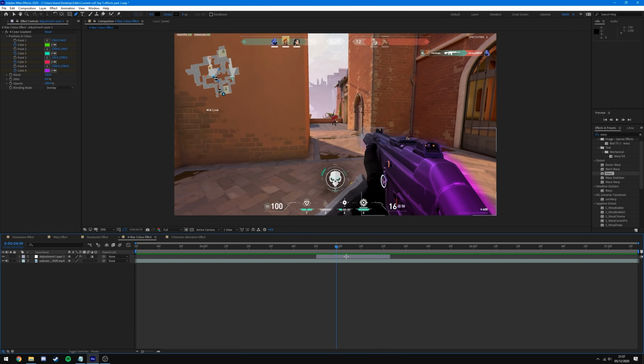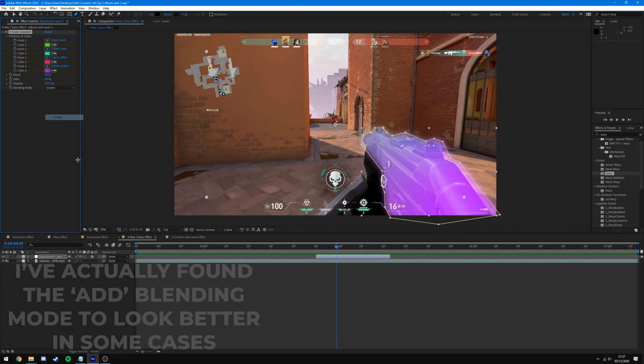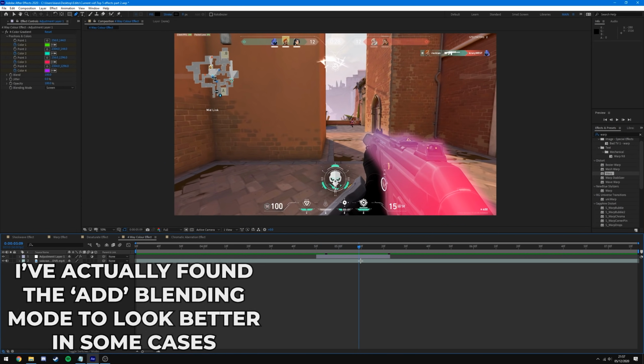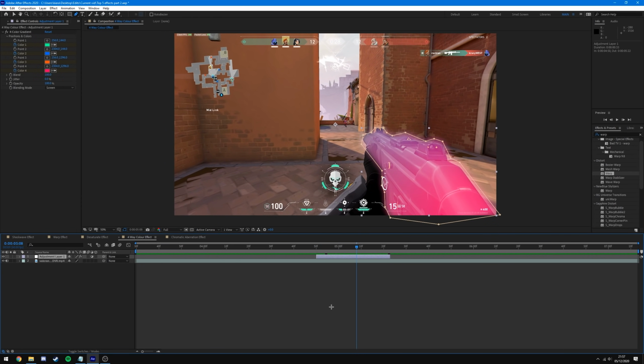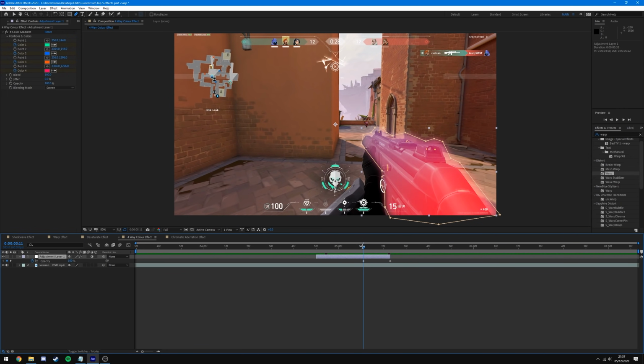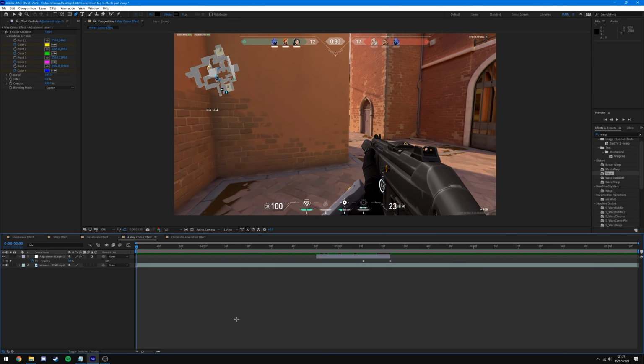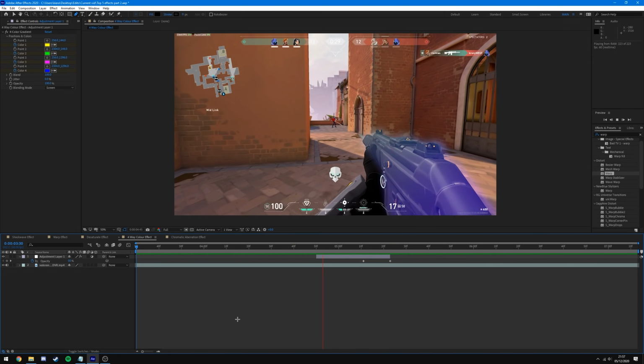You can see it's slightly slower now. Now if I change the blending mode back to screen, you can see it's now more of a glow, sort of like that, which can look better in some instances. I would probably want to change the opacity, so if I press T, go to the first keyframe where we put it at 100. If I put it to something like 50, I think that would look quite cool like this. So if I preview that quickly,